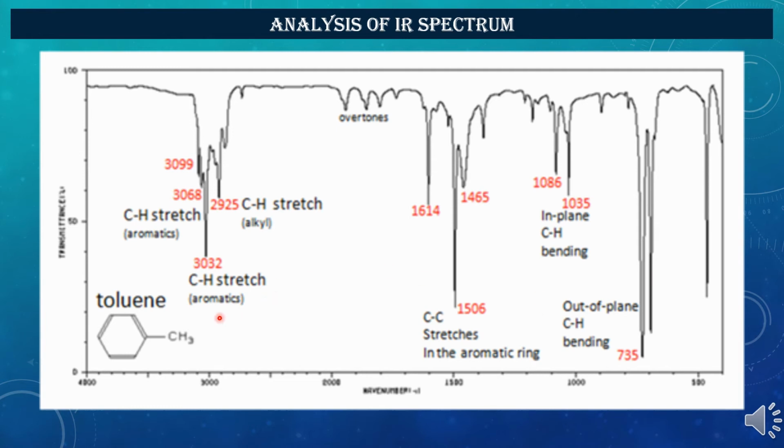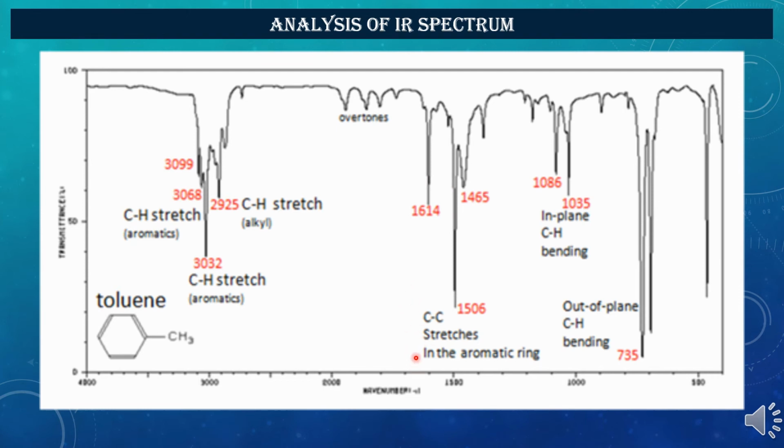In the spectra, frequency bands are denoted with corresponding stretching or bending activity of specific functional group. If it was not given, with the help of frequency chart of IR range, anyone can analyze the functional group present in any IR active compound. In case of toluene, we can see that from the stretching frequency at 3032 centimeter inverse, it corresponds to CH stretching frequency, which is related to the aromatic system. Then 1614, these are the stretching frequency for the aromatic system but for CC bond.